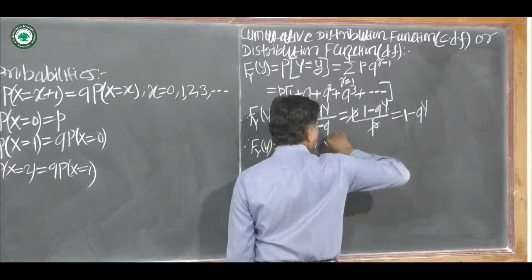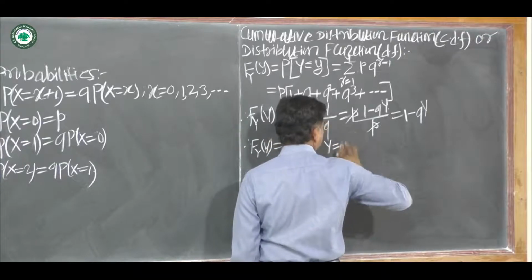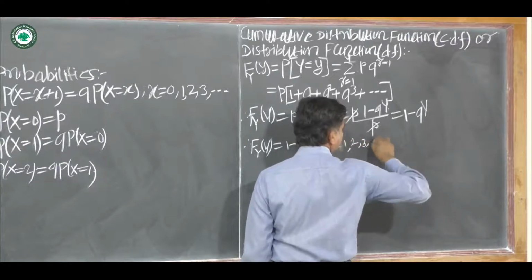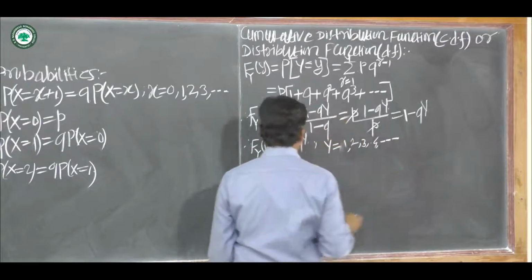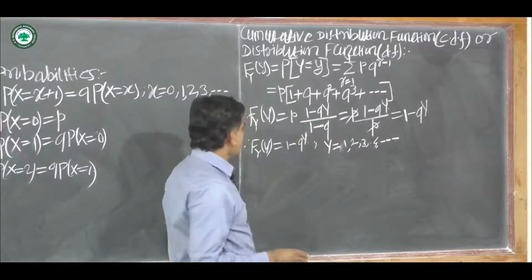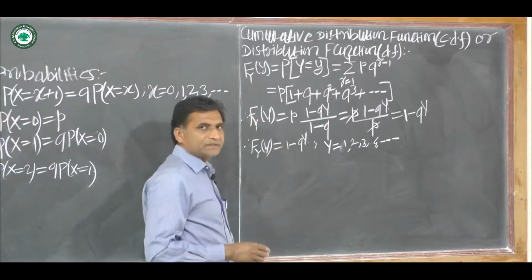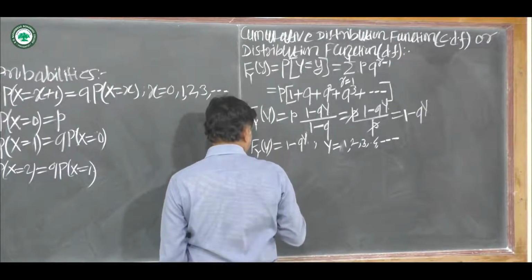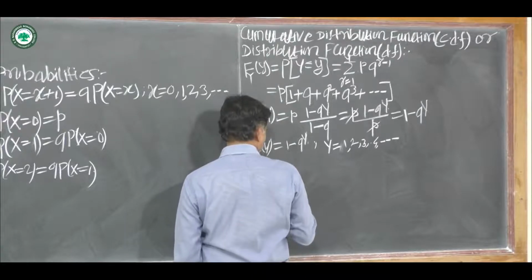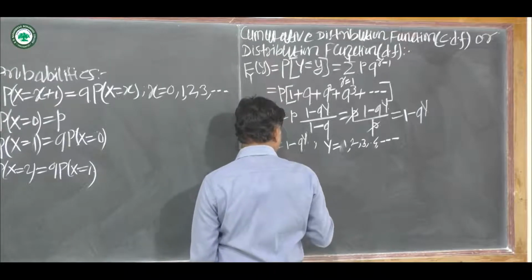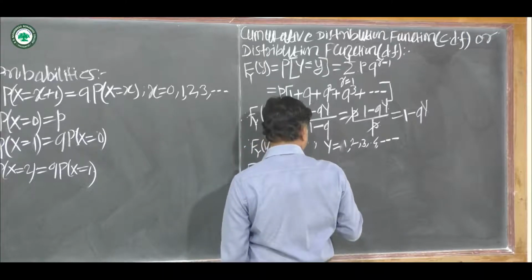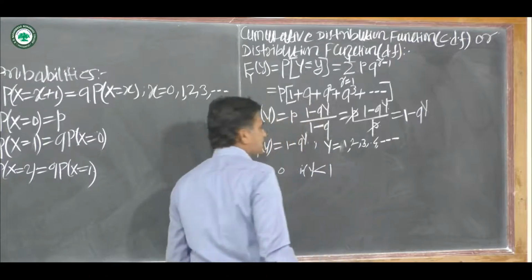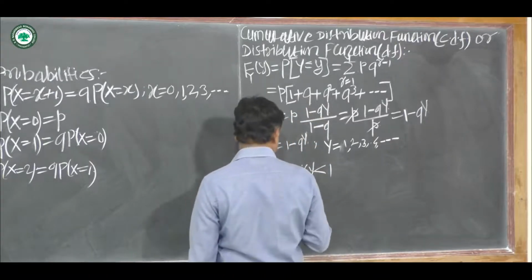Here y takes values 1, 2, 3, 4, and so on. Okay, now this distribution function can also be written as F(y) is equal to 0 if y is less than 1,